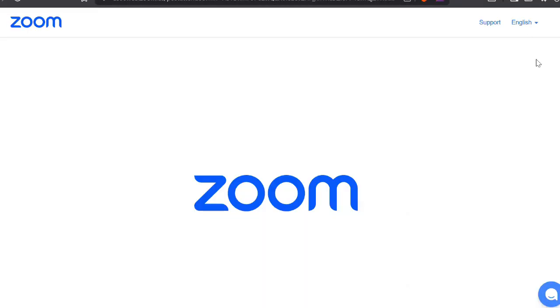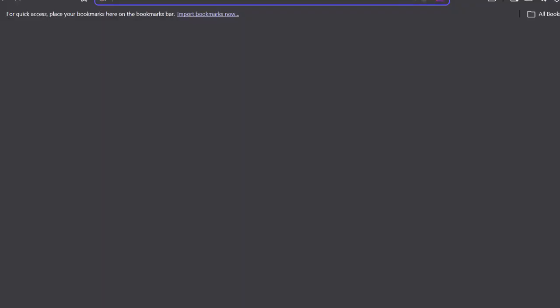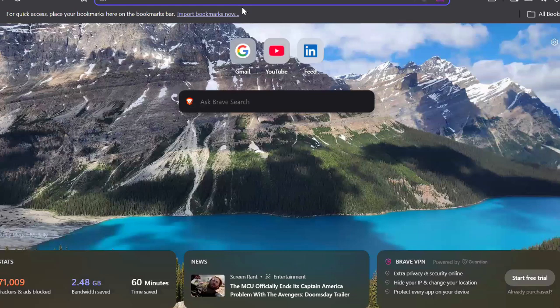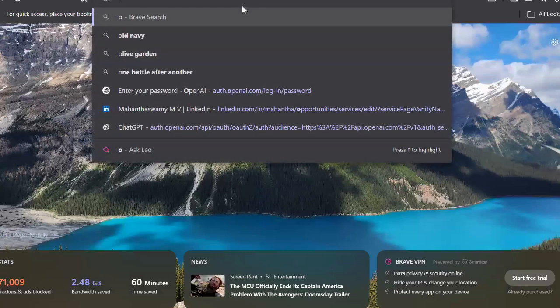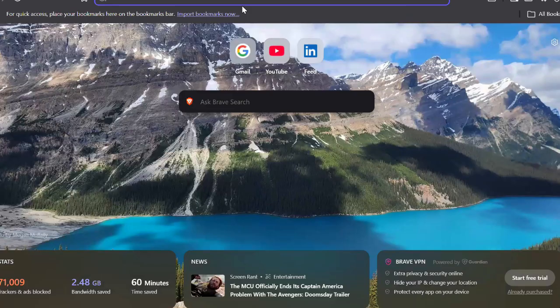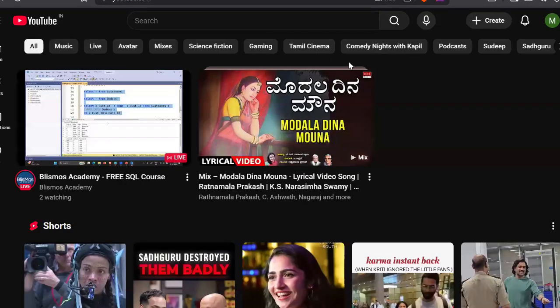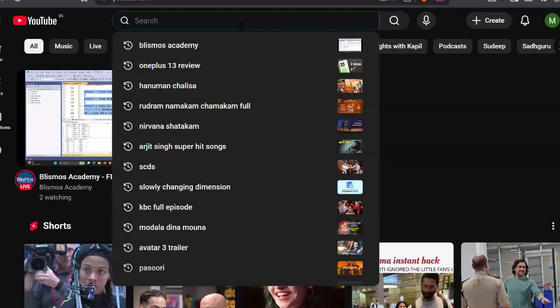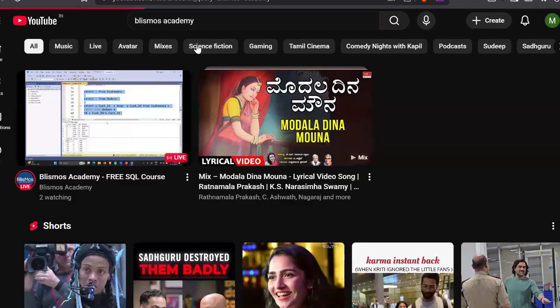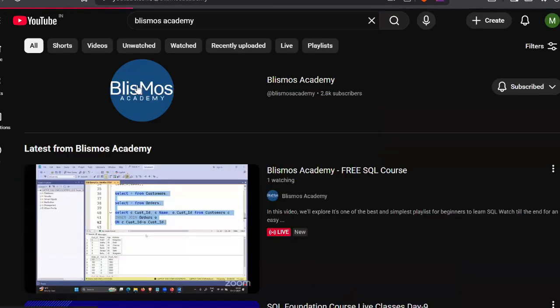Within the outer join, we have full outer join, left outer join, and also right outer join. So what you can do is go to the academy.